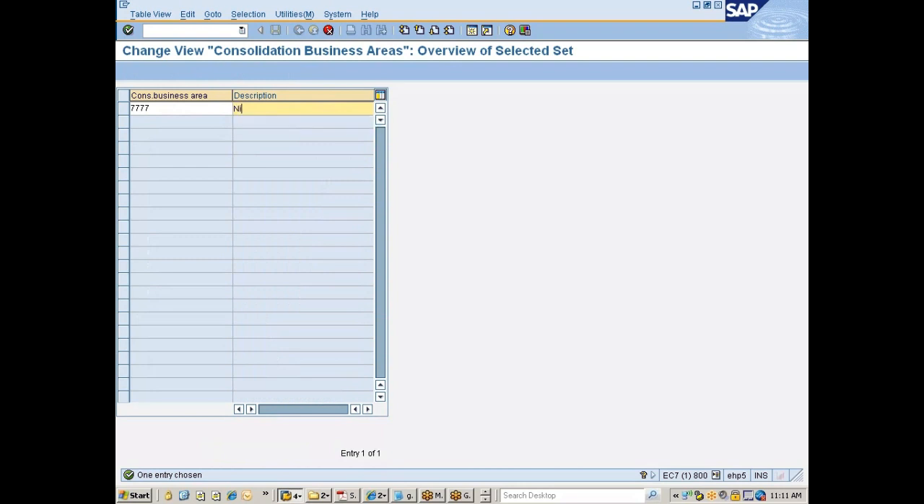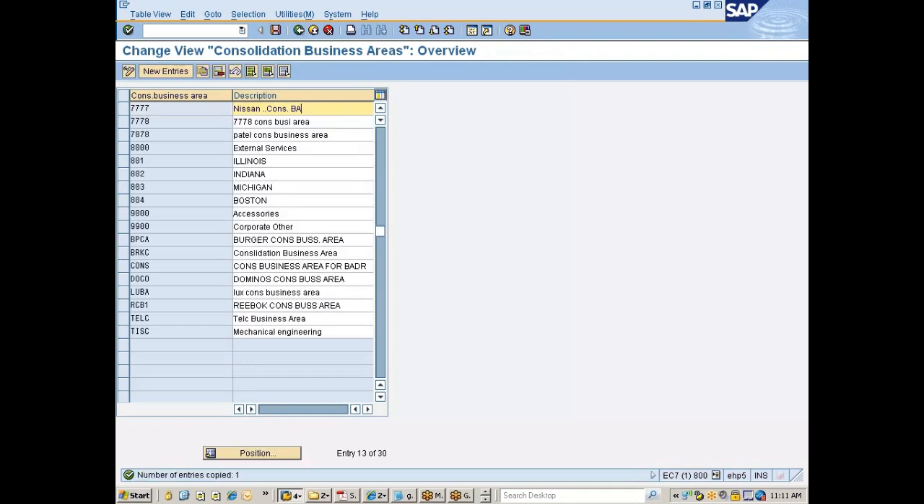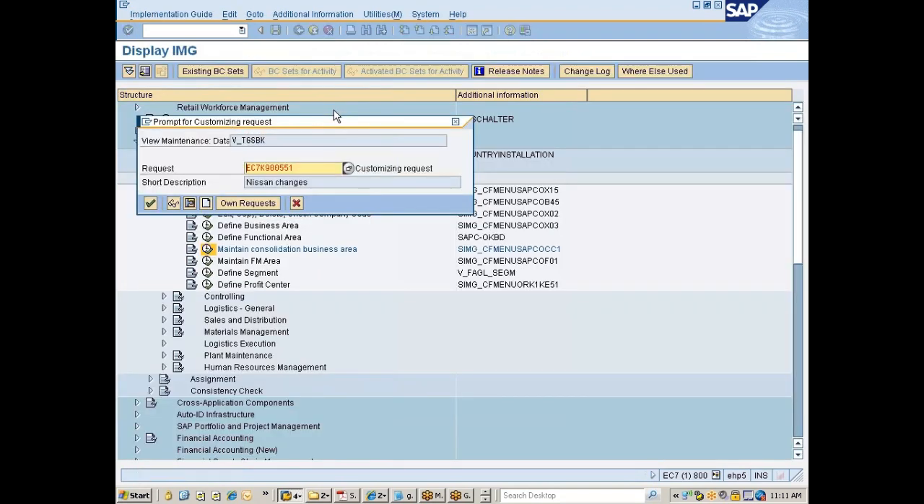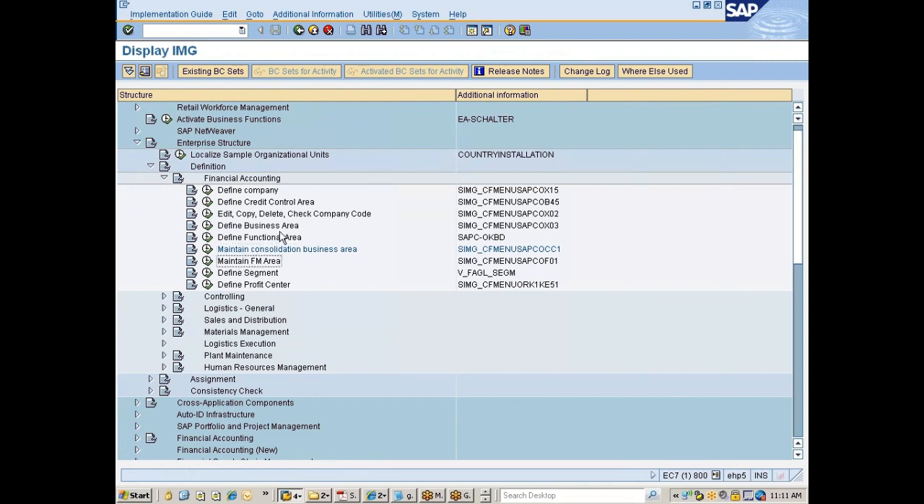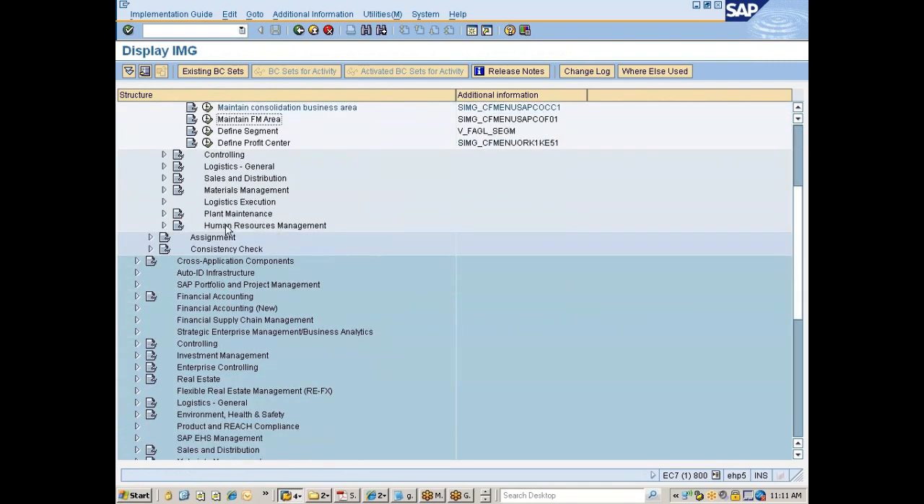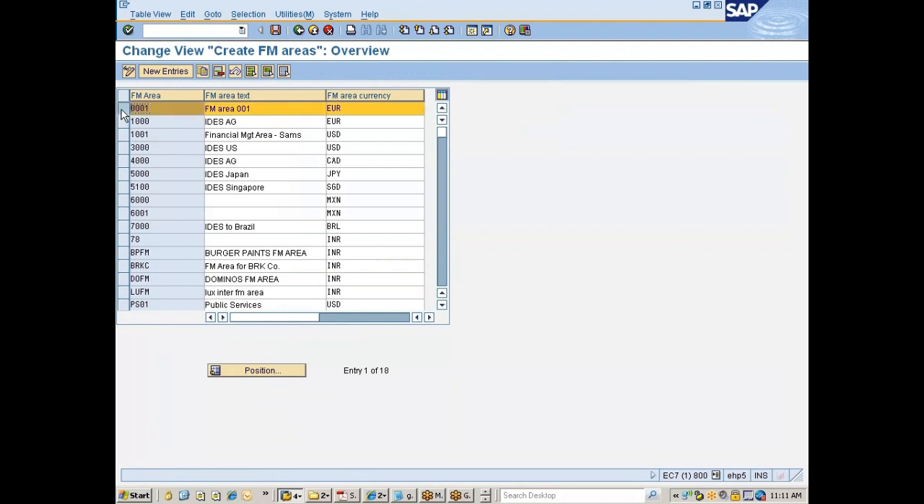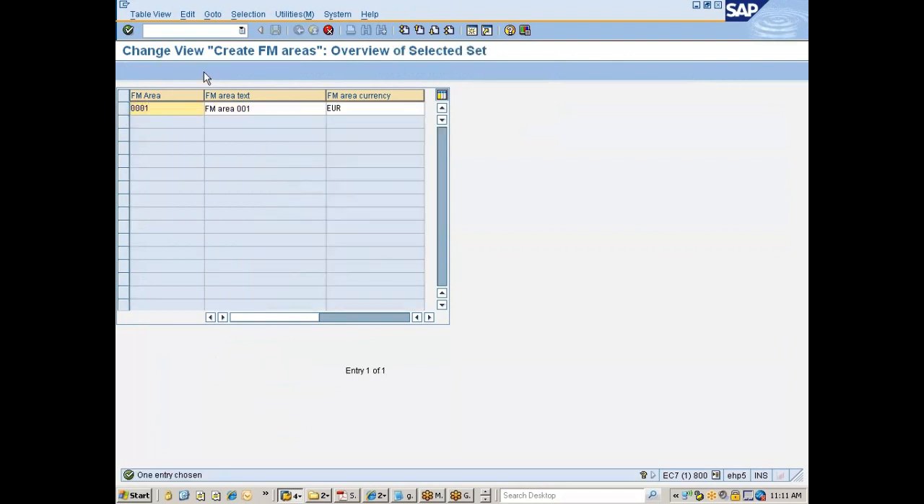What is your company? Nissan consolidated BA. Okay, so let me put it this way, save it, enter, go back. Now financial management area, this you can define. I'll just say define FM area, choose 0001, go with copy as 7777, FM area